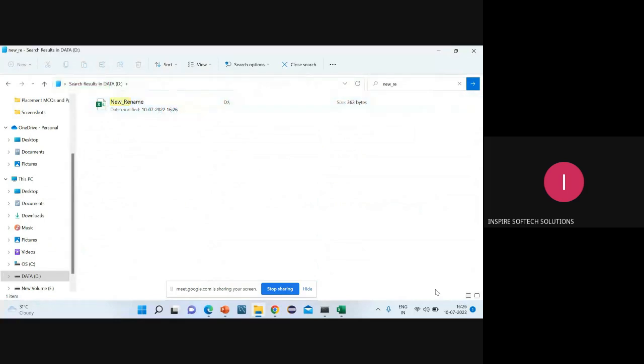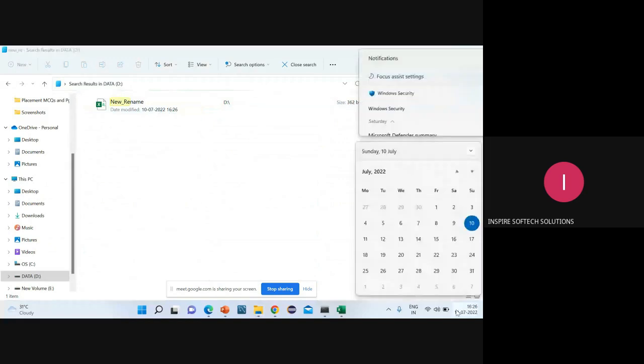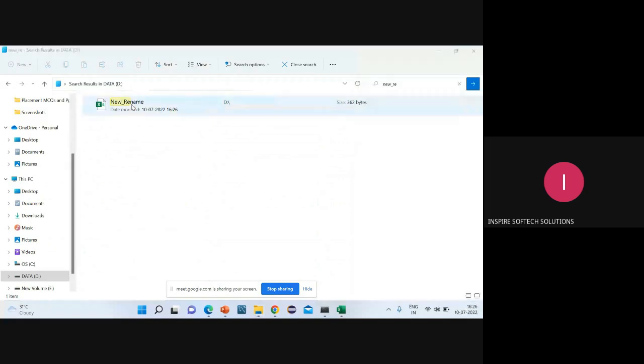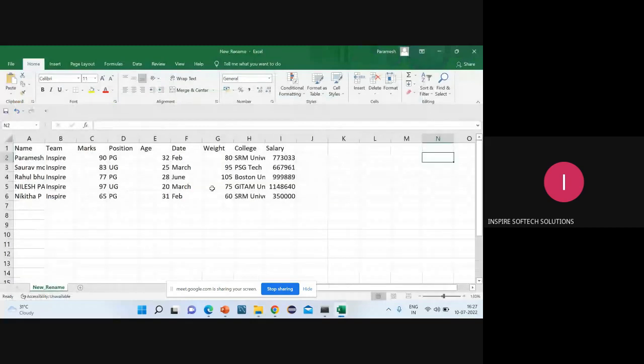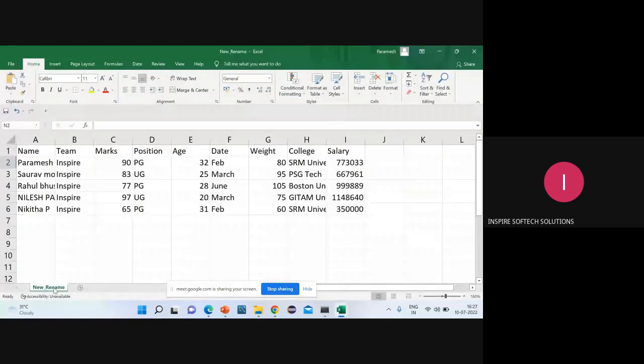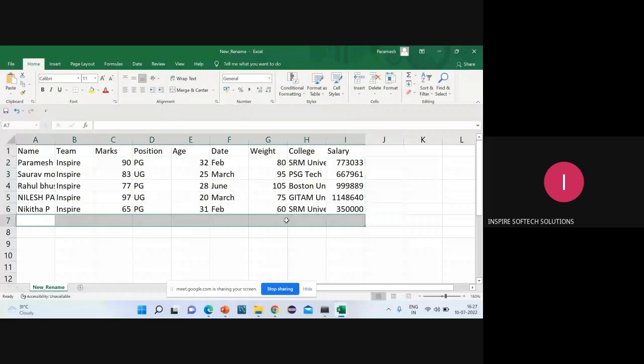Hope you can see it is visible. So this file has been created for us. If you want to write something here also, you can write it. This is my file. You can see here new_rename; my sheet name became new_rename. Got it? So this is how you have to write it. Now, if you want to add a column, yes, you can add the column. If you want to add rows, you can add the rows, which we discussed yesterday. Based on that, we can do it.